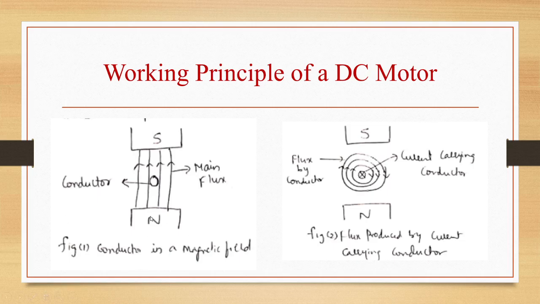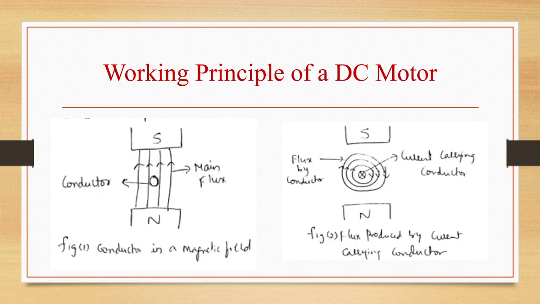So in the first diagram, we are considering a conductor placed in a magnetic field. The magnetic field will be produced by a permanent magnet, but in a practical DC motor, it will be produced by a field winding when it carries a current. That is, in a practical DC motor, it is produced by an electromagnet. So this conductor will be excited by a separate supply so that it carries a current in a particular direction. Let us consider that it is carrying a current away from the observer. That one we are seeing in this figure 2, that is the flux produced by the current carrying conductor. So this is an assumed direction of current which is carried by the conductor.